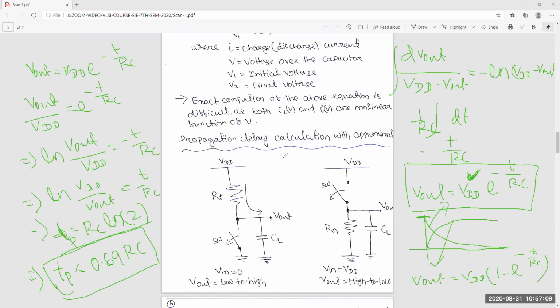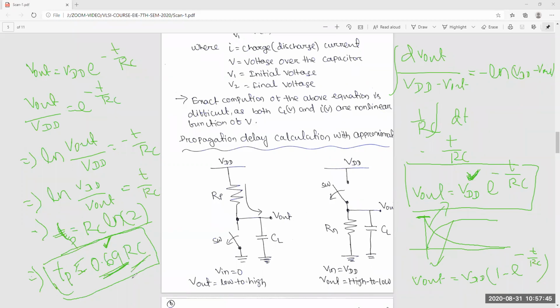Shatabdi, you said, or Pracheta means that for one time constant, you said 63%. Yes, sir, I said. Okay, so that means for 1 RC, so here it is 0.69. Is it less than 1 or greater than 1? Less than 1. Okay, so if you put 1 RC,